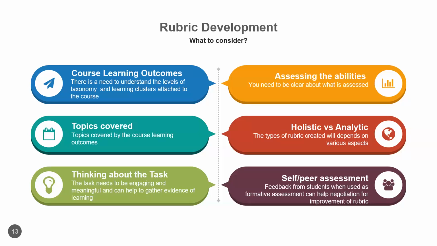So if it's demonstrate, it's the ability for them to demonstrate, and so on and so forth. So it's looking at what the criteria are in relation to the standard, the various categories as well. Then the next thing is for you to decide whether it's going to be holistic or analytic.